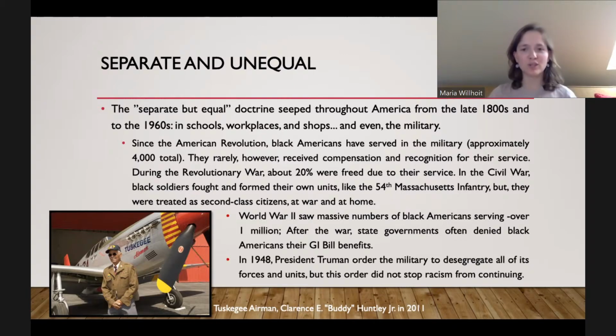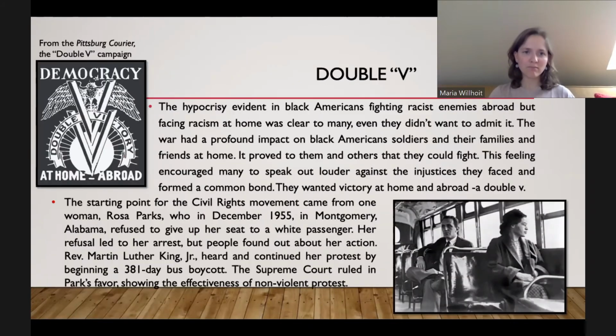But there was actually a group of African American pilots. There was about 950 of them. They were called the Tuskegee Airmen because they were trained in the Tuskegee Institute in Tuskegee, Alabama, but they were incredible pilots. They're some of the famed pilots of World War II. They had no fear. And so I just wanted to show you a picture of one of the African American veterans, they're very regarded and very revered now in America for their bravery.